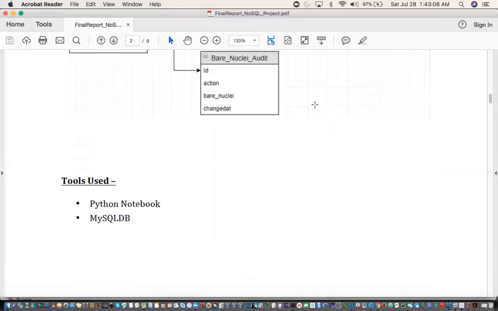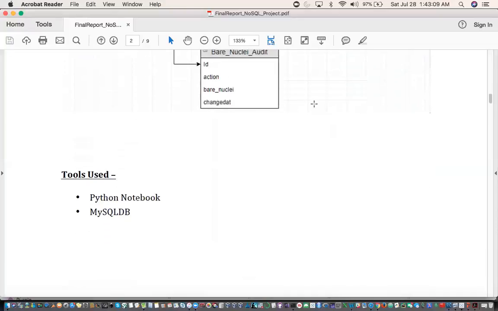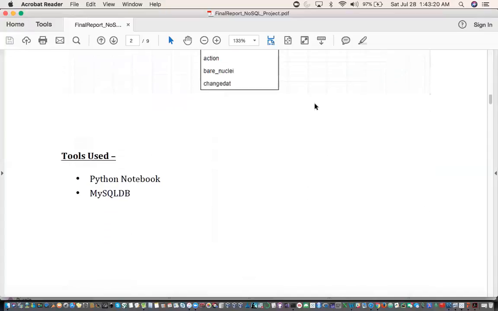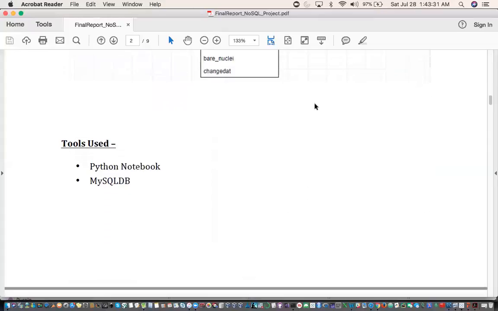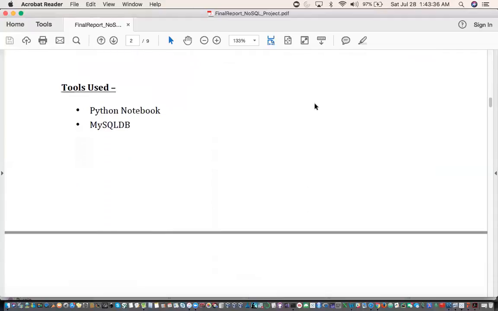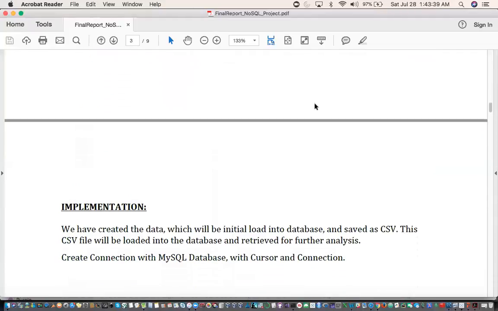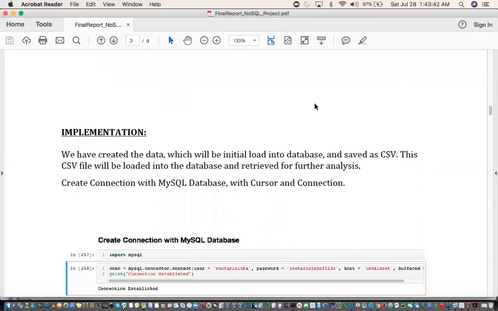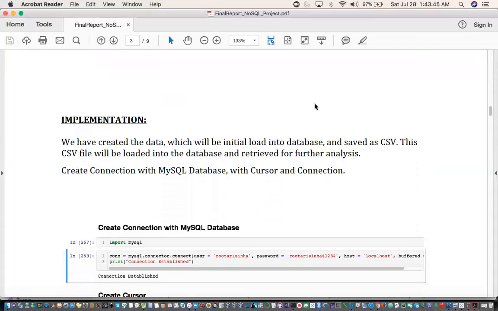So in this analysis and implementation, the tool that we have used is a Python Notebook. We have used Python 3 to connect with the database, and the database that we have used is MySQL. As Ritesh mentioned, we have done the design, and we are now using Python to create the tables and load or insert the data into them. As we wanted to mimic this data set close to real-time data, we have taken the data set,